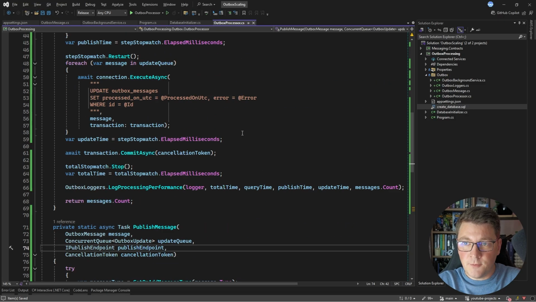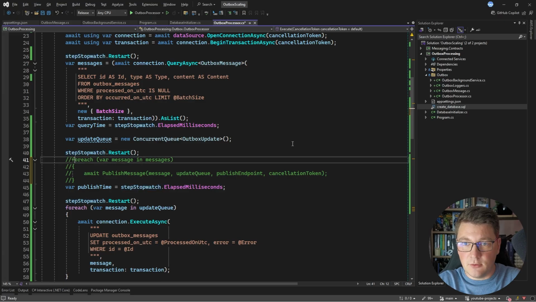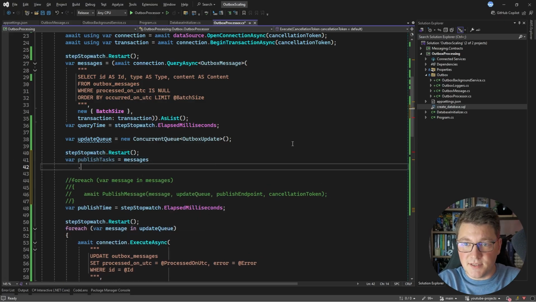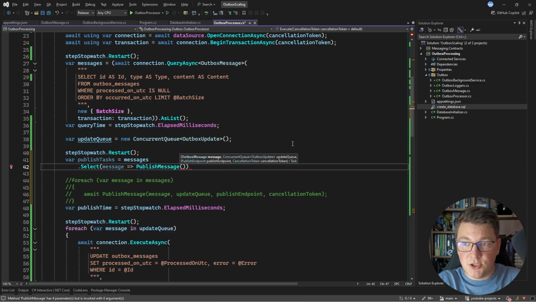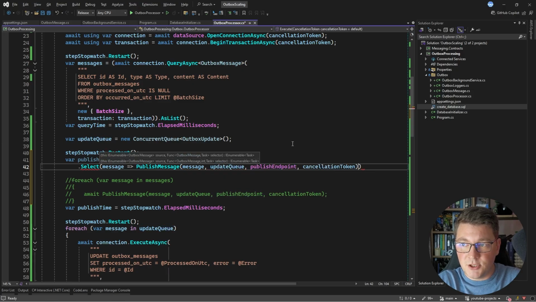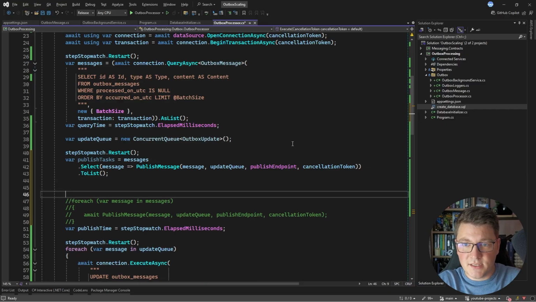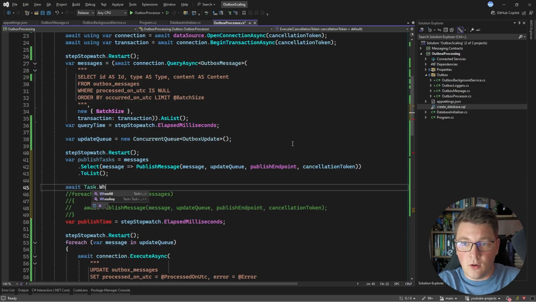So we're looking good here. And then what does this allow me to do? I can go ahead and replace this for each loop with something like this. Let me comment this out. And I can go ahead and say publish tasks and use the messages list. And I want to select each message and pass in the publish message static method where I can pass in the message, the update queue, the publish endpoint, and the cancellation token. Then I can materialize this into a list so that I can finally say await task when all and pass